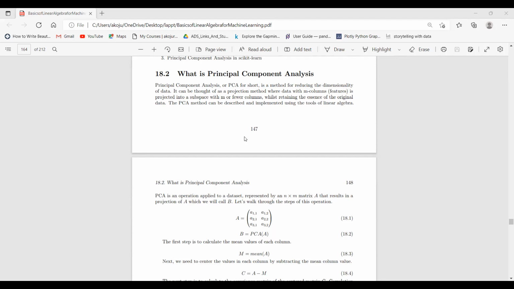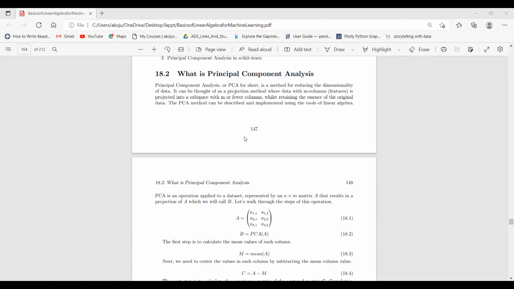That is, if the data set has an m by n matrix, then we will try to reduce the number of columns. For our matrix operations, if there are any columns which are not a good fit or which have no correlation with each other, then we will eliminate those columns. So we will find out the correlation, and if the value is almost 0, like 0.2 or 0.1, then we will eliminate those columns for easy matrix multiplication, because they will not lead to any good